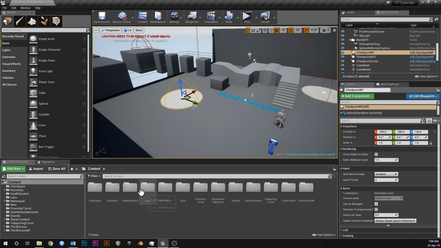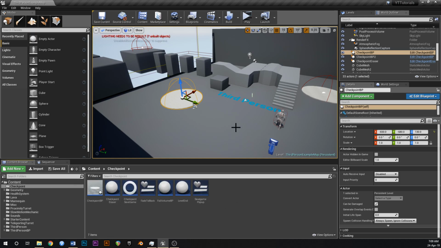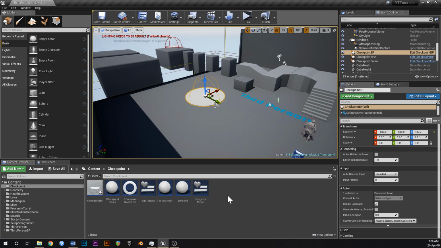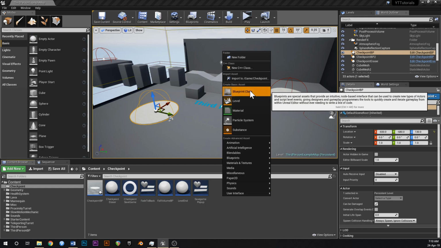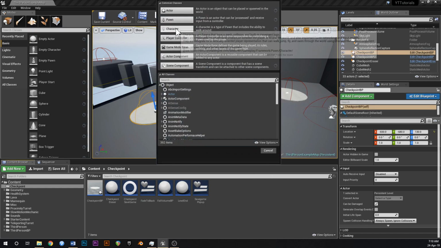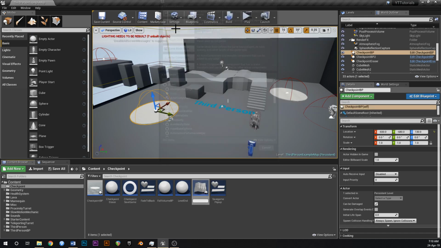A platforming folder? I can't remember. We have a checkpoint folder. Let's crack that open and we'll do it in here since everything else is in here. So what we'll do is we'll right click, we'll go new blueprint class, and this is going to be of type character, I believe, and then we're going to call this